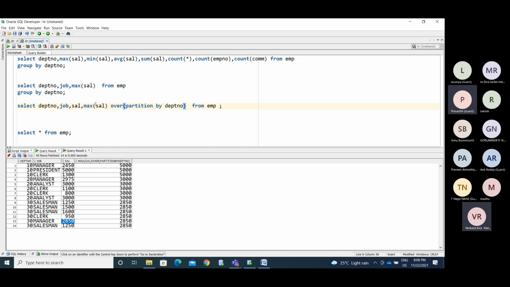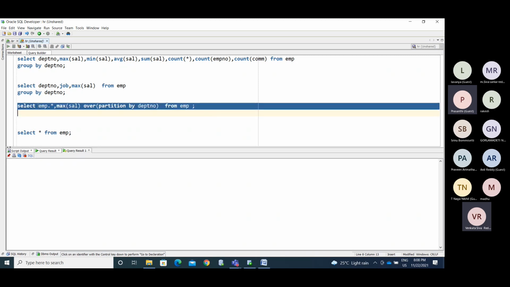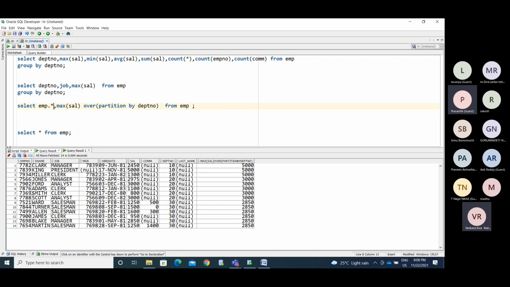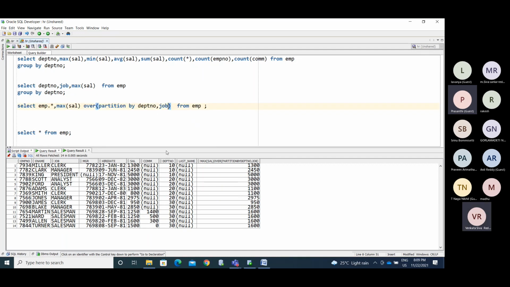Now I can use all columns here, EMP data star. It will display the whole employee information along with the aggregated value. Now I make it job wise. Department wise, job wise, I am finding the salary here.